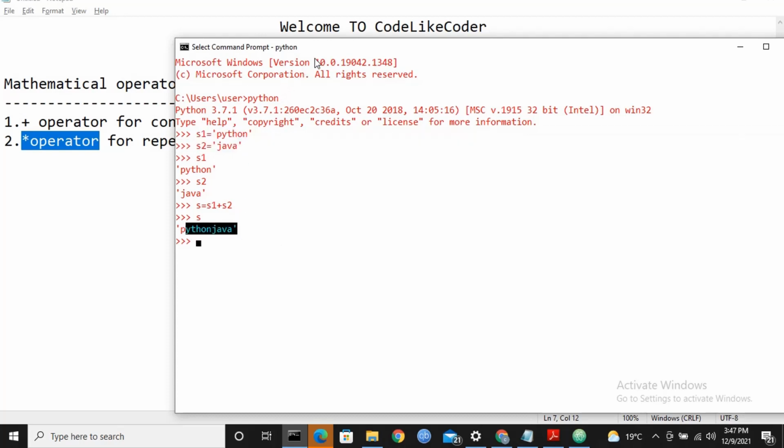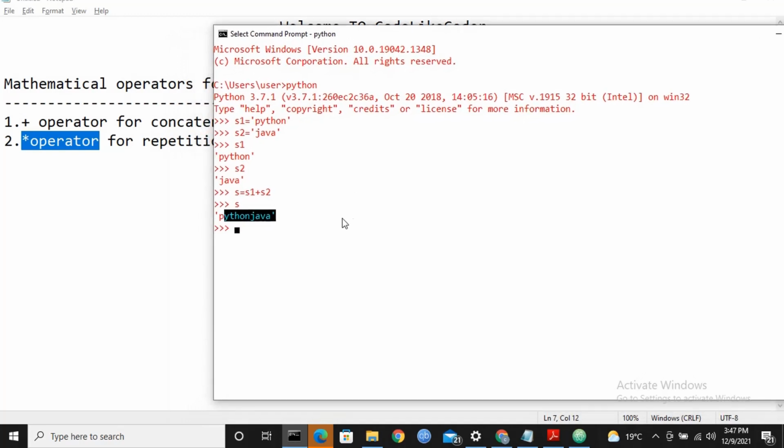Okay, so this is about the plus operator, and let me go for the star operator. In the case of the star operator we are using it for repetition. Let me create my first string s1.